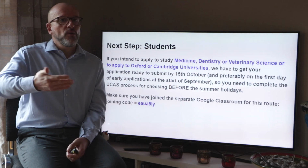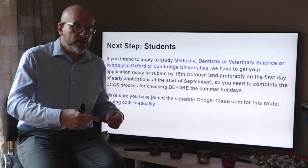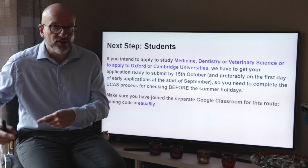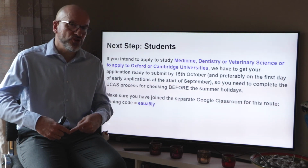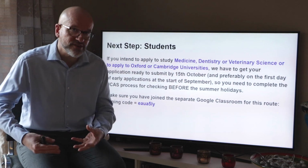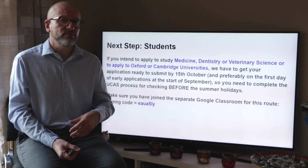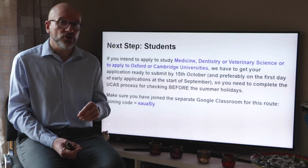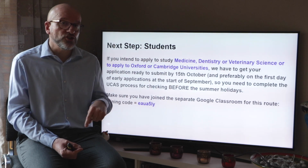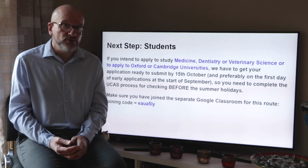So if you are one of these early applicant students, you've got to get a real wiggle on, and you've got to race through all of your research and preparation before the summer holiday, and you've got to make sure that your form tutor has got your school reference done before the summer holiday. You've got to have got your personal statement finalised before the summer holiday, and you need to make sure that you've got all of your university choices on your application on UCAS by the time you come back at the